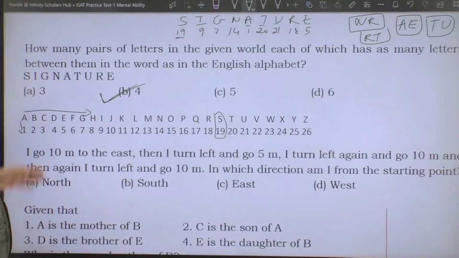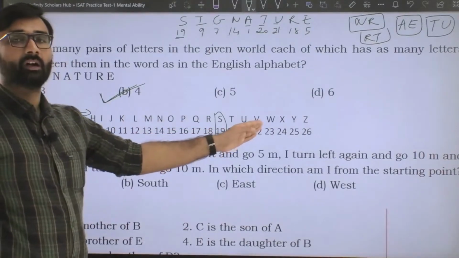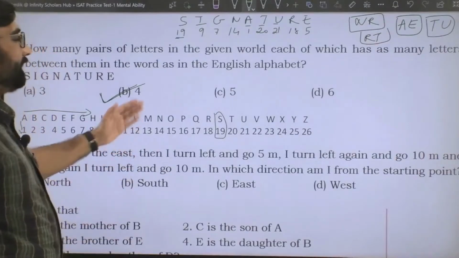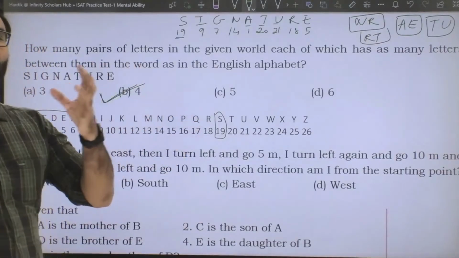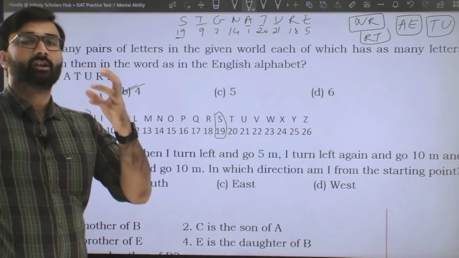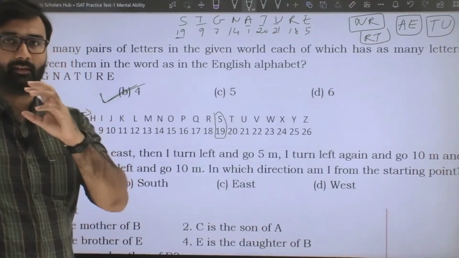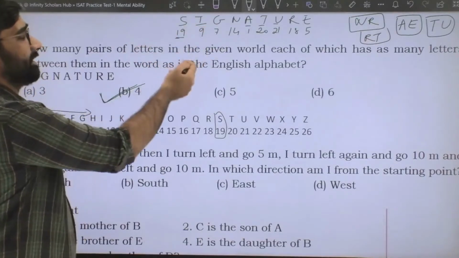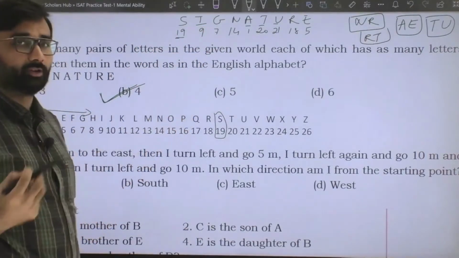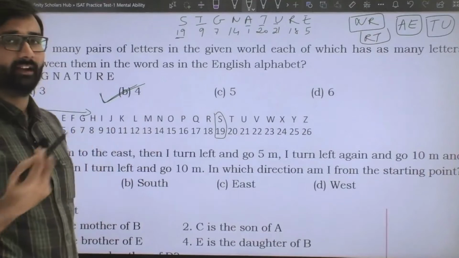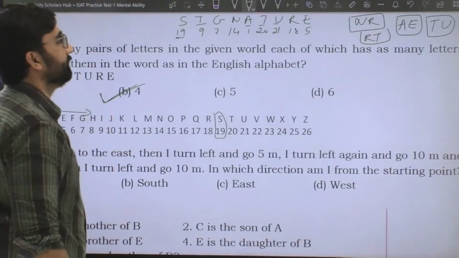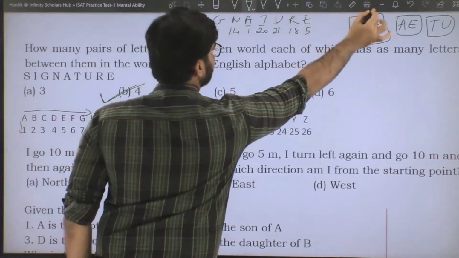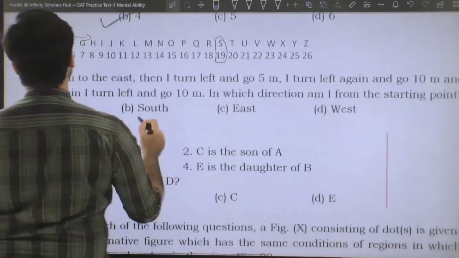Now see, once you practice this many times, you will easily remember the number which corresponds to the alphabet. Okay, so then it will become easier. Now since I am explaining this, it took a bit more time, but once you practice and once you are good at it, it won't take so much time. So let's see the next question then.